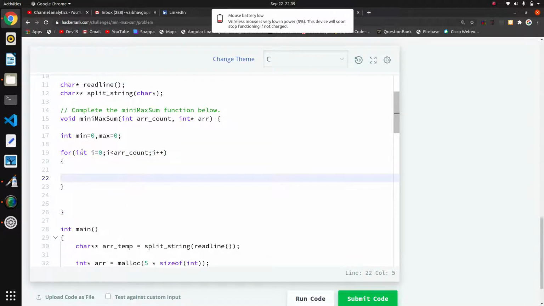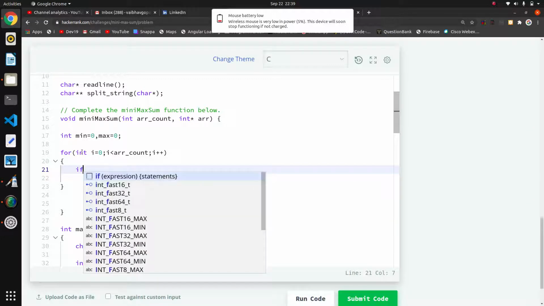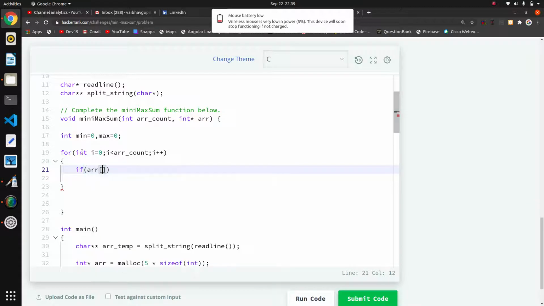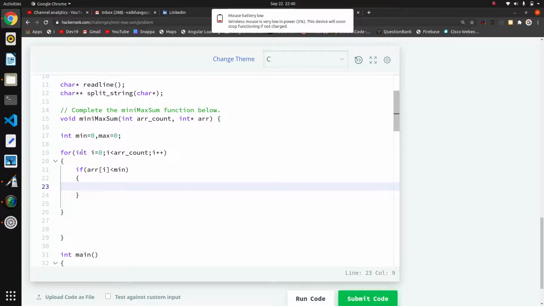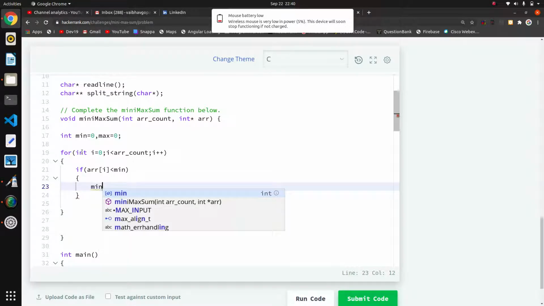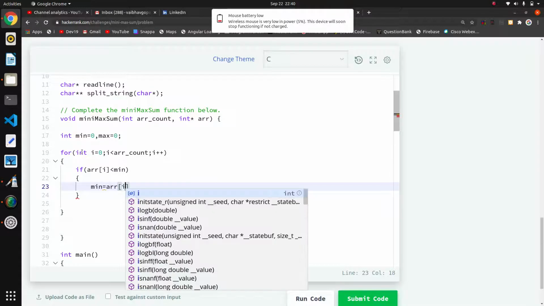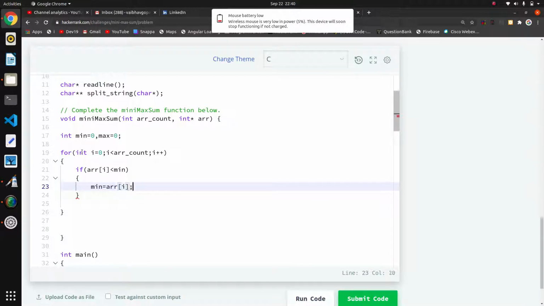I will first check if arr of i, meaning every element, is less than minimum. If so, I want to assign minimum equal to arr of i. Here I will assign my minimum with the maximum value.